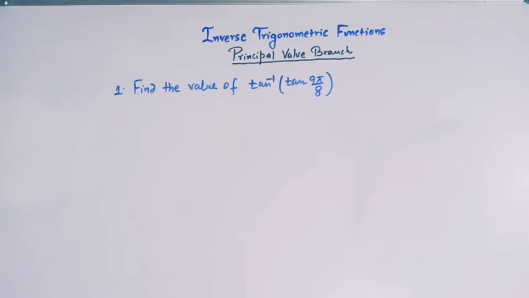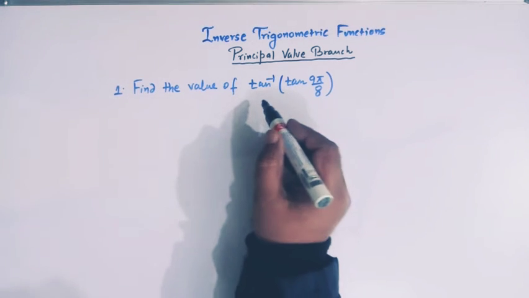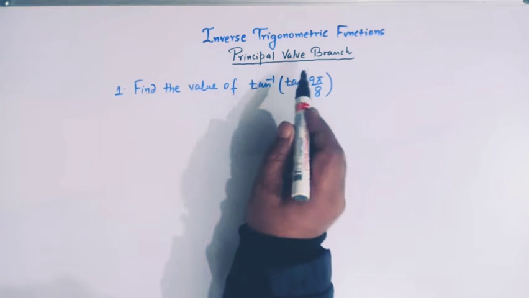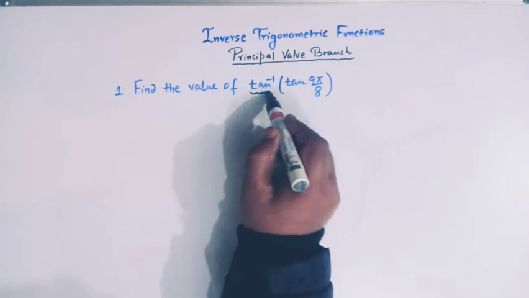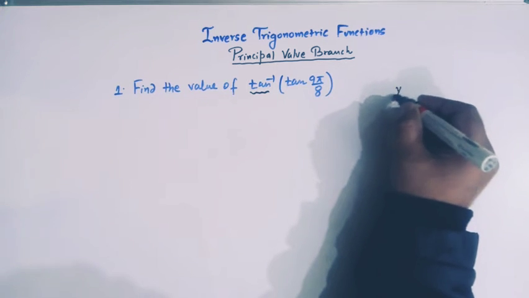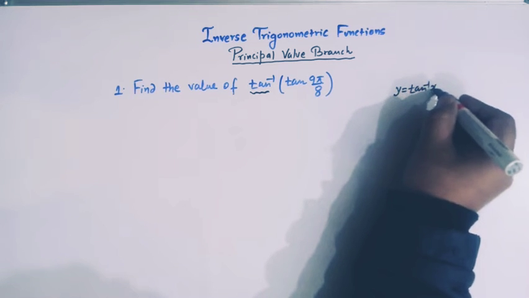Hello viewers, in today's class we are going to solve some problems related to the principal value branch of inverse trigonometric functions. So here let us first take this problem: find the value of tan inverse tan 9 pi by 8. Here we see that the inverse trigonometric function involved is tan inverse, and we know that the range or the principal value branch of y equals tan inverse x